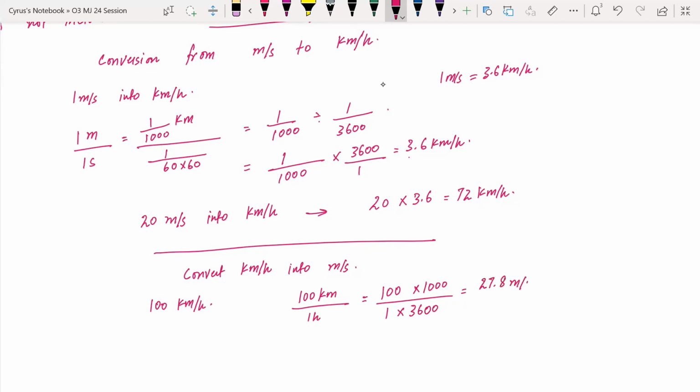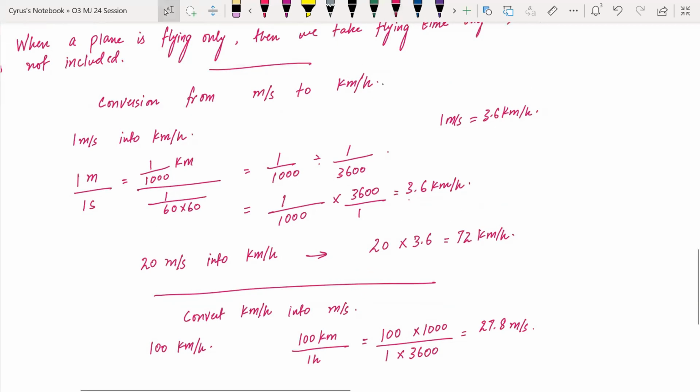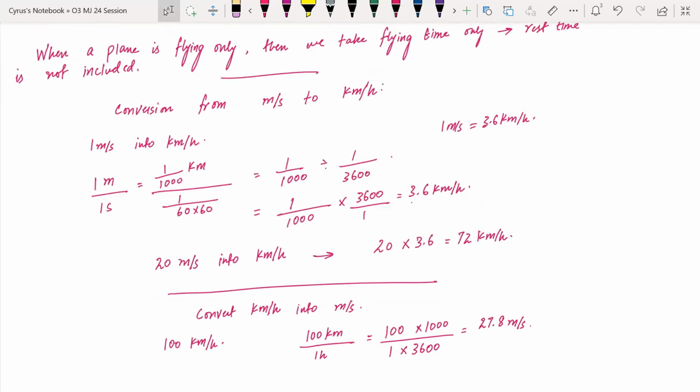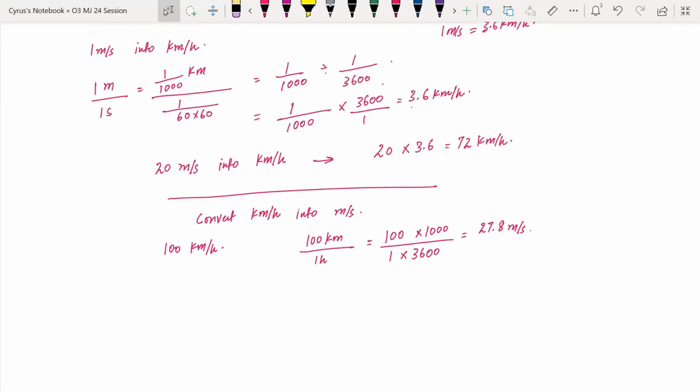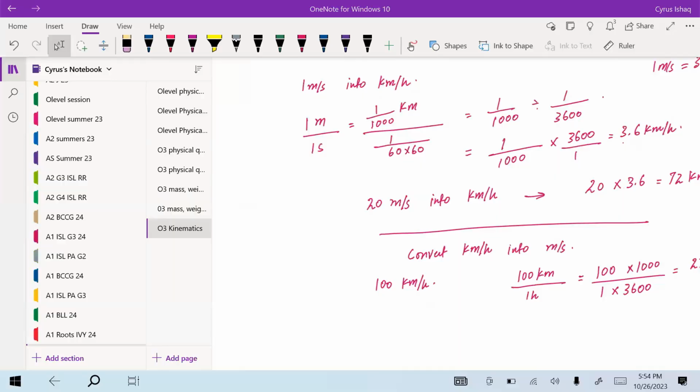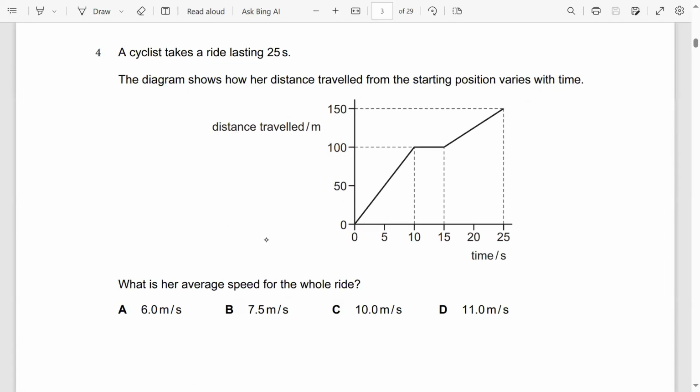27.8 meter per second. So this is how you will convert kilometer per hour into meter per second, right? इस तरह से आप इसको करेंगे। एक आध क्वेश्चन आपको अभी करवा देता हूँ ताकि आप लोगों को आइडिया हो जाए। क्वेश्चन नंबर 4 जरा ट्राई करें। वैसे ये डिस्टेंस टाइम ग्राफ भी हमने करना है, लेकिन आपके सामने डिस्टेंस दिया हुआ है और आपको टोटल डिस्टेंस भी दिया हुआ है और टोटल टाइम भी दिया हुआ है।